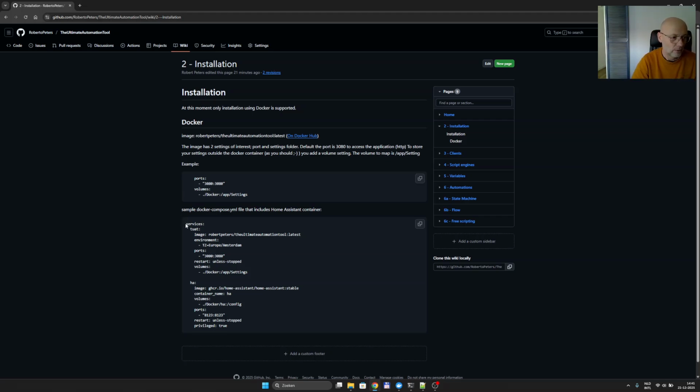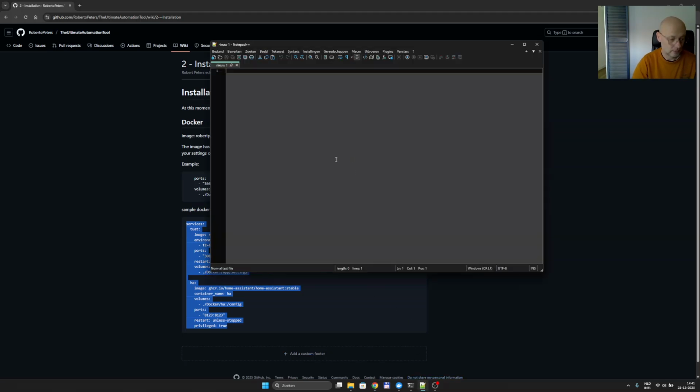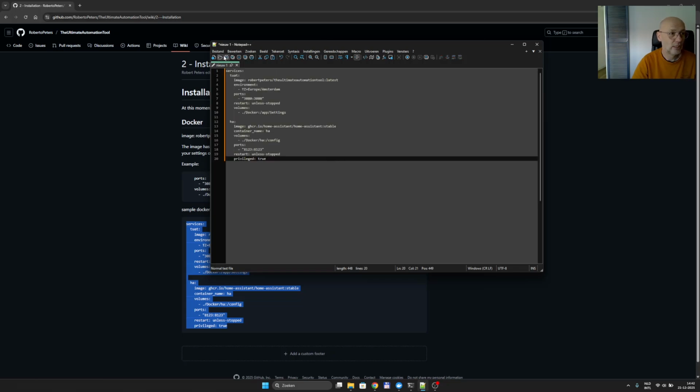So this example includes the Home Assistant application. It's easy for now, so I can demonstrate things. Normally you would only copy this part and install it. But for now I will take also the Home Assistant application, so I can show the integration with it. So I will copy this, then I will save it